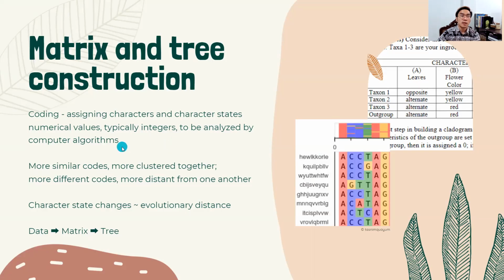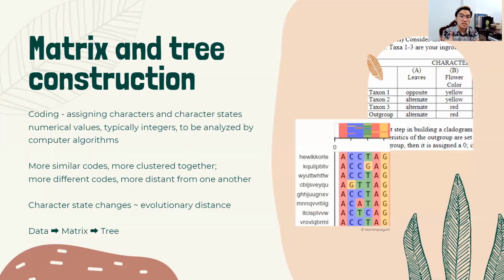A requirement for these computers to be able to read our data is that we need to transform them first into a coded matrix. What if it's a computer that doesn't necessarily understand, for example, the English language, or maybe there are some character states that are not necessarily used in conversational English? They're pretty much technical terms. So it is easier to just transform all of these character states inside the cells into whole numbers or integers. That's what we call coding. So after matrix formation, we code the matrix.